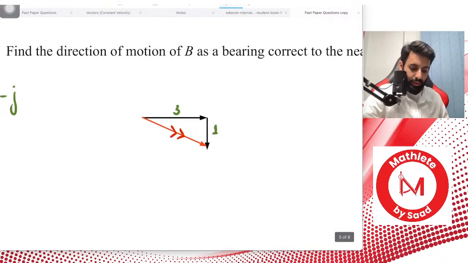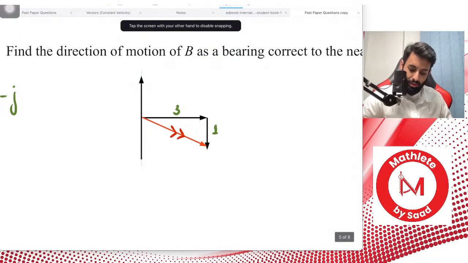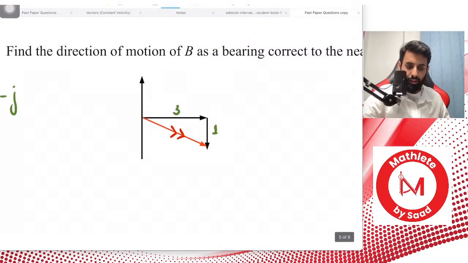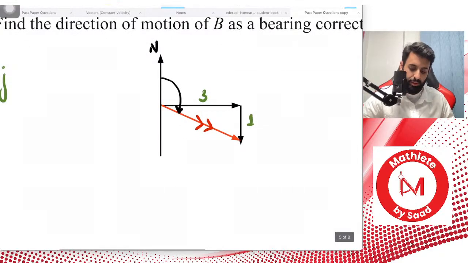Now, if the question is asking you for the bearing, that means the question is asking you for the angle this makes from the north in a clockwise direction. This is basically what the question is asking you for. Once you establish what angle the question is asking you for,